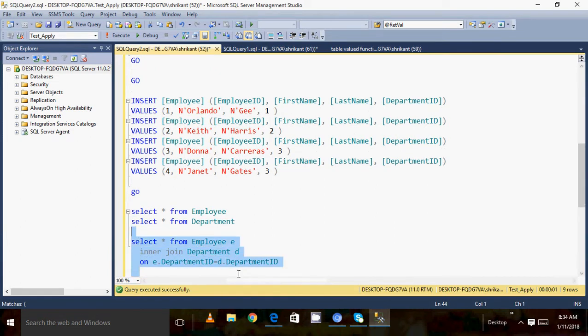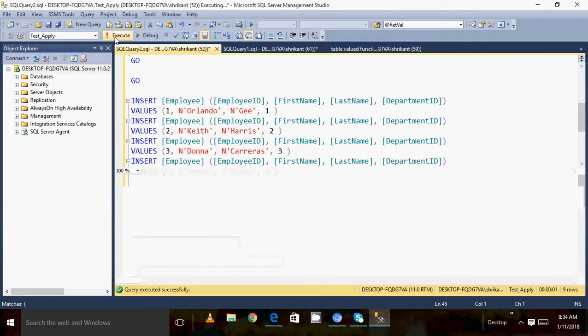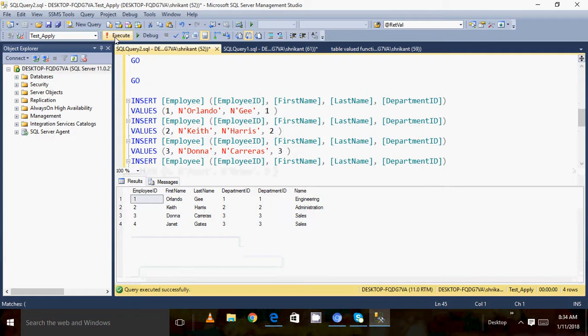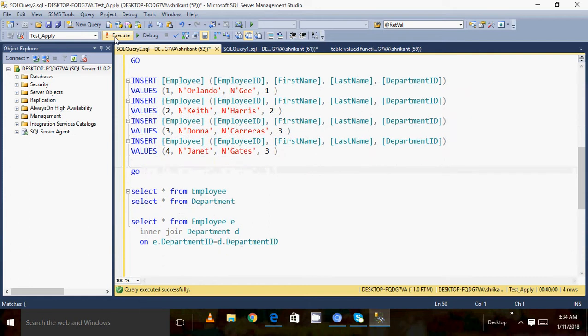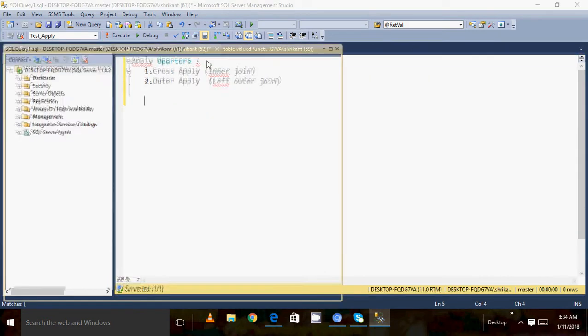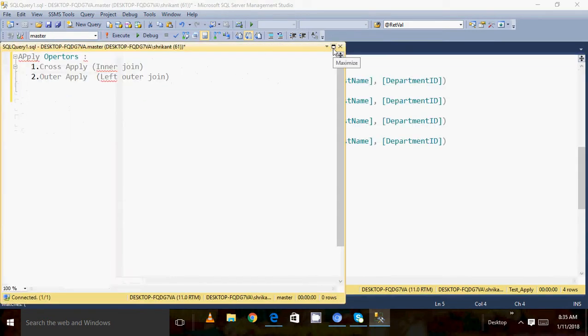This is the query with respect to inner join. So let's execute it and see the data. I can see here there are 4 records which are matching with respect to department id. Great. Now let's try to replace this query with a cross apply, because as I said earlier, cross apply is an alternative for the inner join,